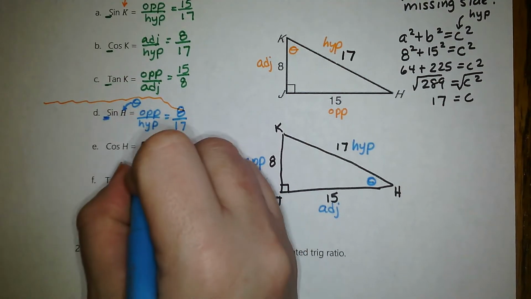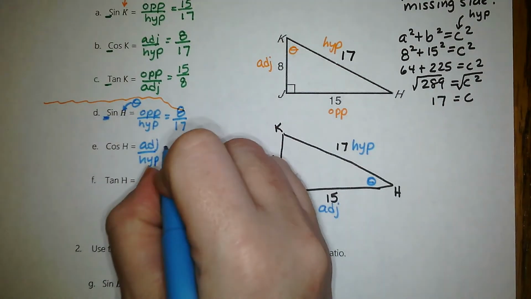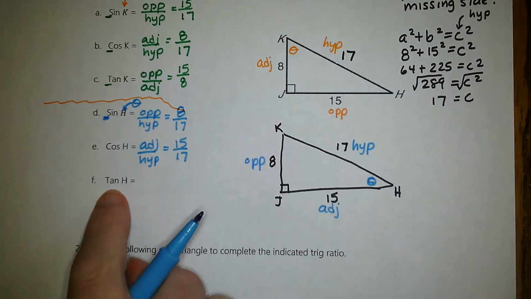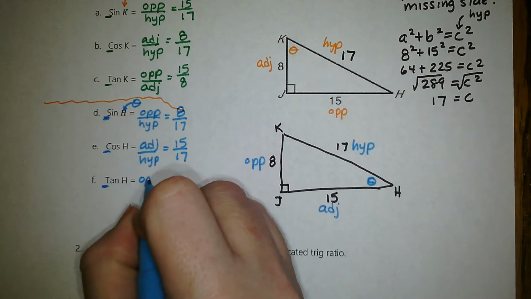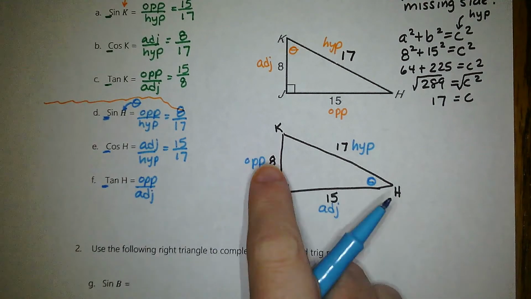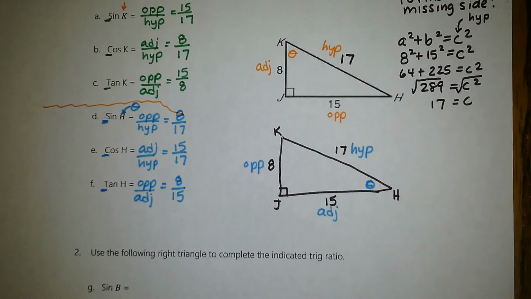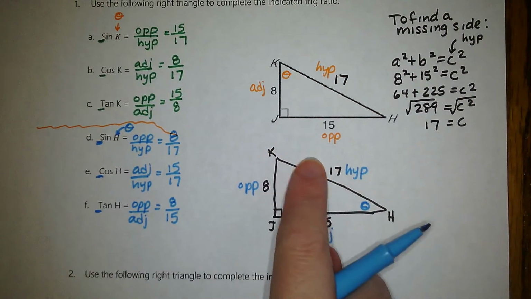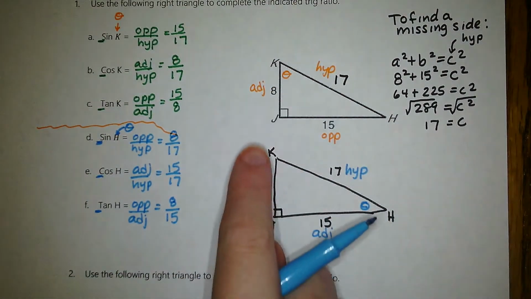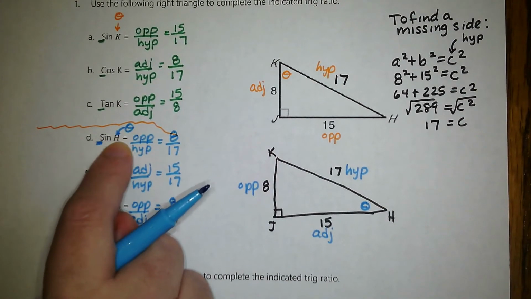Cosine is CAH, that's adjacent over hypotenuse, and that is going to be 15 over 17. And then you have T for TOA, tangent, and that's opposite over adjacent, and that's 8 over 15. So take a look at the relationship between these. These are both the same triangle. I just redrew it so that based on where your theta is, that's how you get your labels. So you've got to put your theta in based on your uppercase letter here that represents your angle,